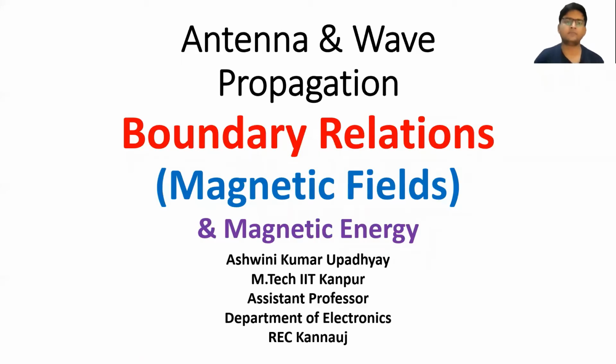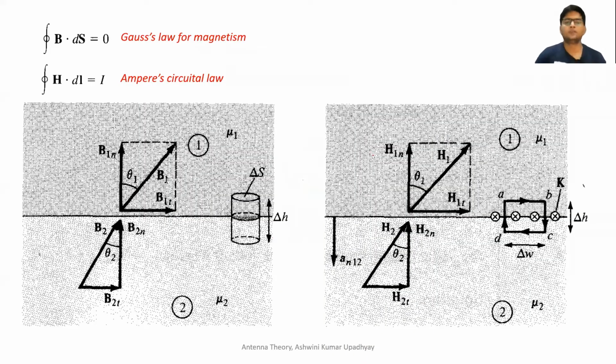So in this lecture, we will be talking about the boundary relations for magnetic fields. And also I will quickly talk about magnetic energy. As in the case of boundary relation for electric fields, here also we will be using these two identities or formulas for defining the relationship between magnetic field intensity or magnetic flux density at the interface of two different